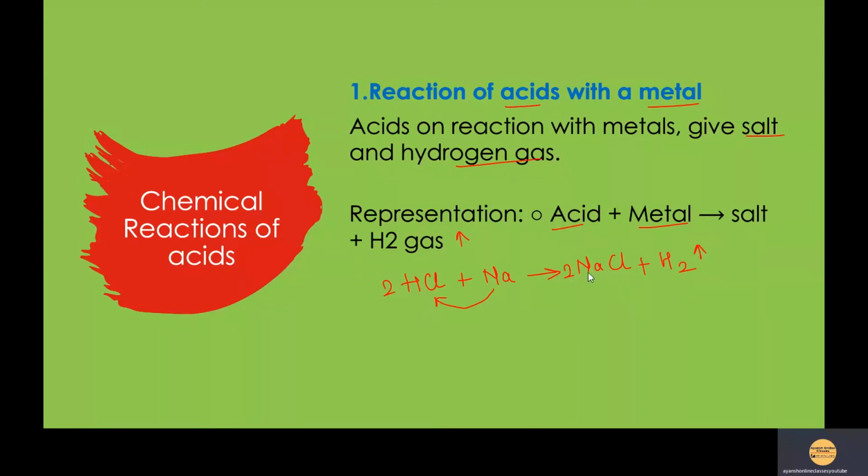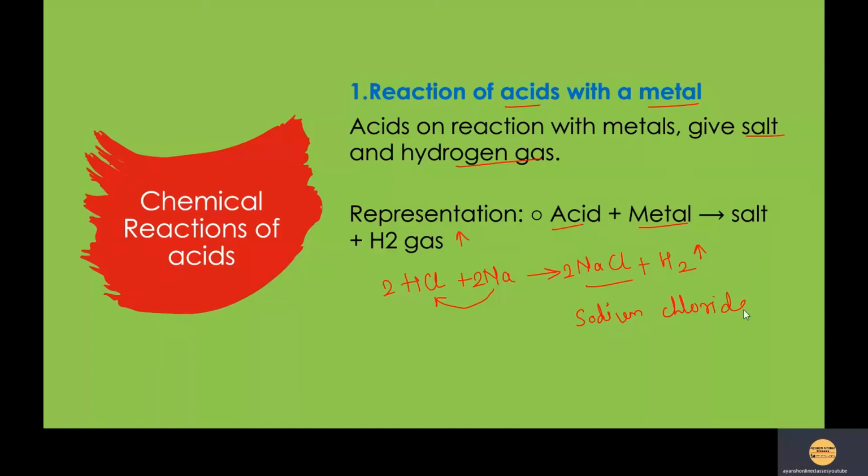Now again there comes the question for sodium. Sodium became 2, so simply write over here 2 Na. So what it is: 2 HCl plus 2 Na giving you 2 NaCl plus H2. Now children, see what our focus is here. Whenever an acid reacts with a metal, we get salt plus hydrogen gas evolved out into the atmosphere. That is, whenever acid reacts with a metal, salt is obtained, and that we have seen. This NaCl is nothing but sodium chloride, the common salt which we use at home.